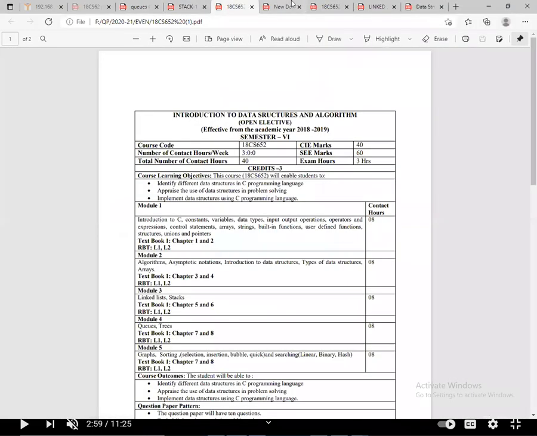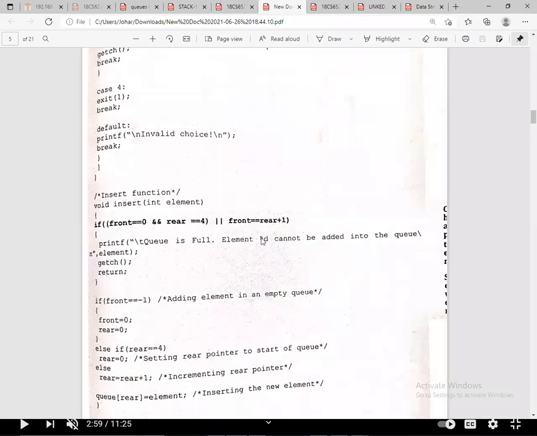If you have not followed why front equals rear plus 1, it is in the insert function that we used front equals rear plus 1. In this case also, the queue is full. One more case is front equals 0 and rear equals 4, where the maximum size of the queue is 5.